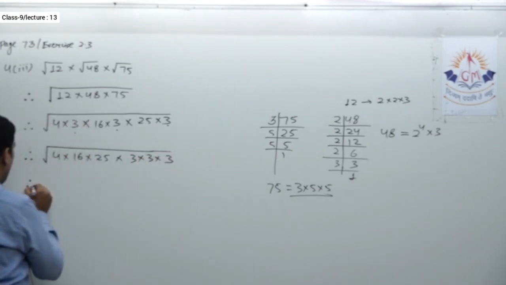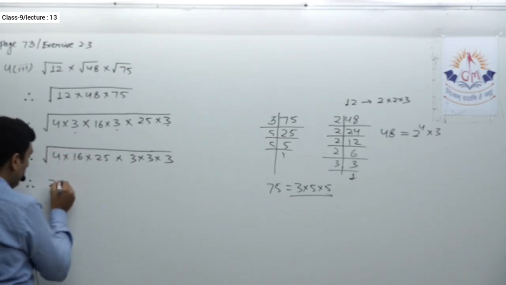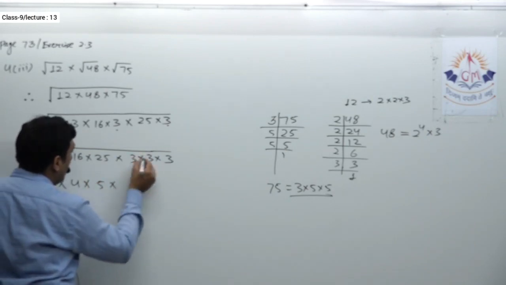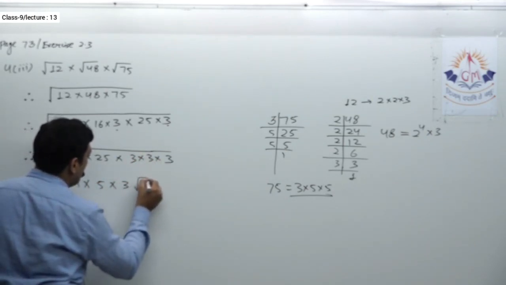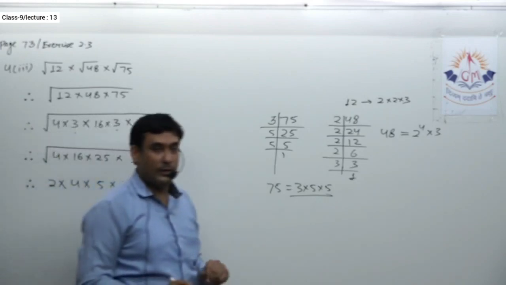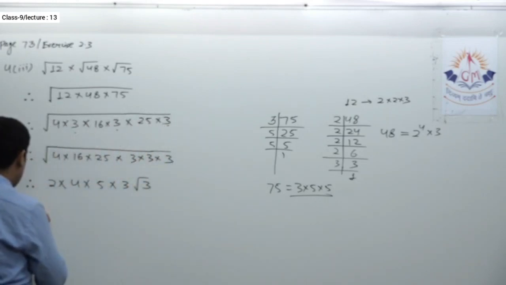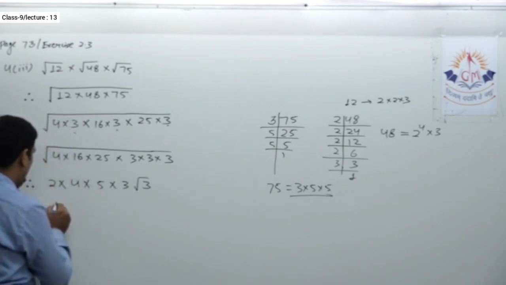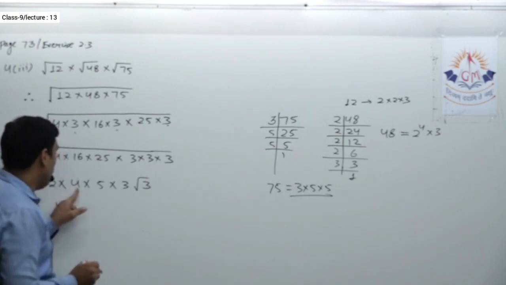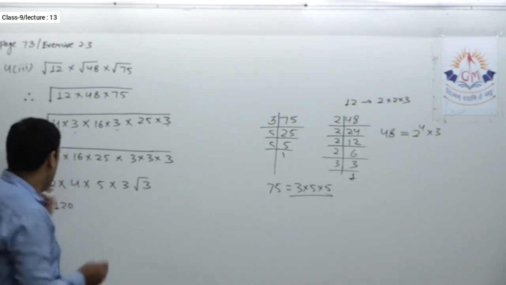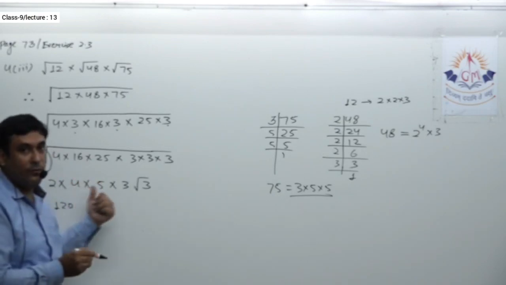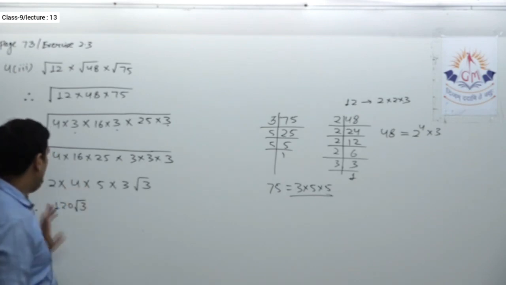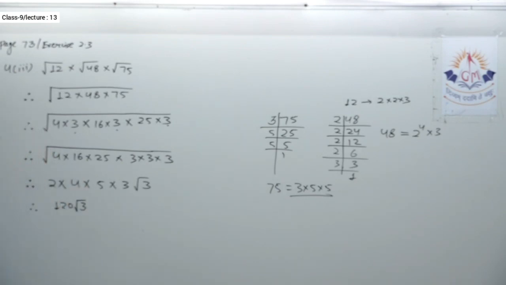So ultimately, the square root of 4 gives me 2, square root of 16 gives me 4, square root of 25 gives me 5, this 3 two times gives me 3, and this 3 remains within the root sign. Now when I multiply this, I will get my final answer. 4 threes are 12, 12 into 10, 120. Don't multiply in this way, 2 fours are 8. However, this is also easy, but when I saw 2 and 5, this gives me 10, 4 and 3 gave me 12, 12 into 10, 120. So my final answer is 120 root 3. So please note it down.